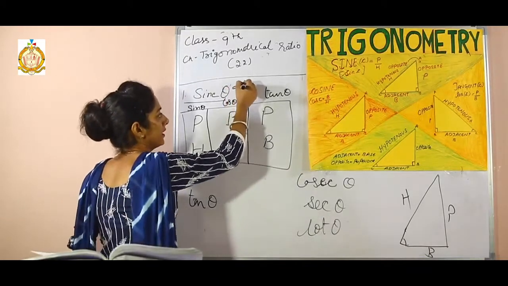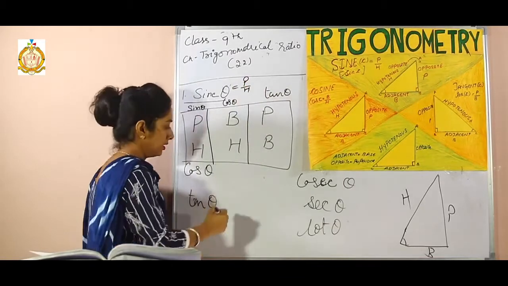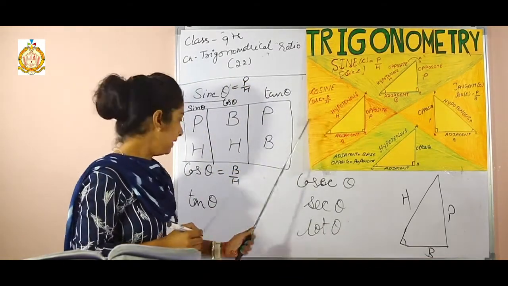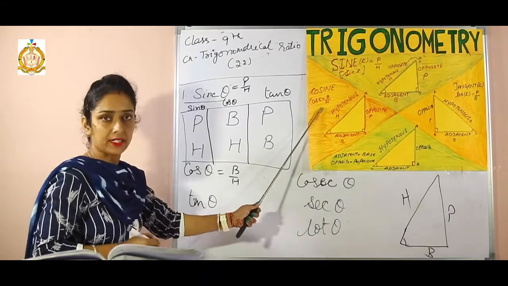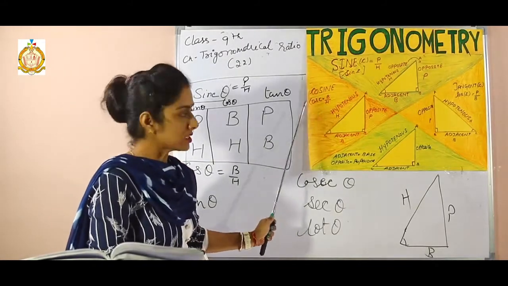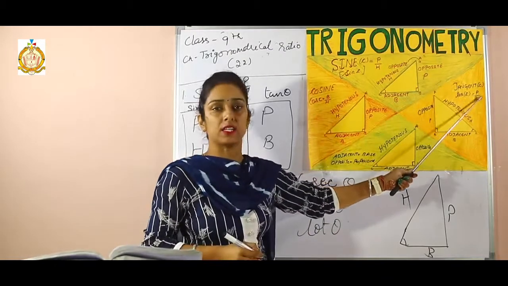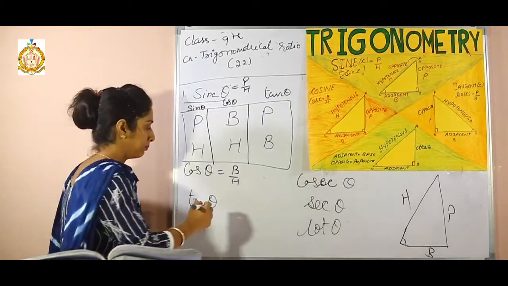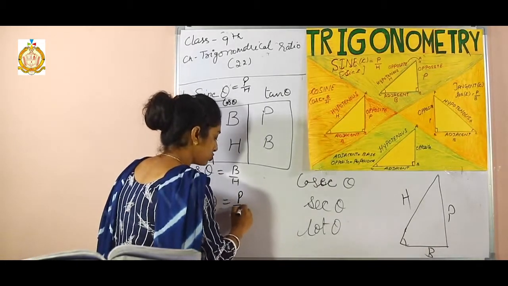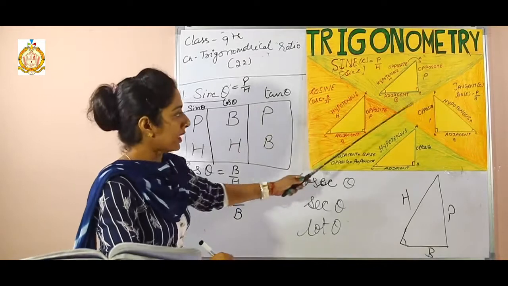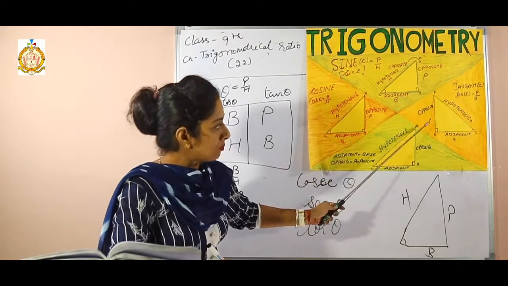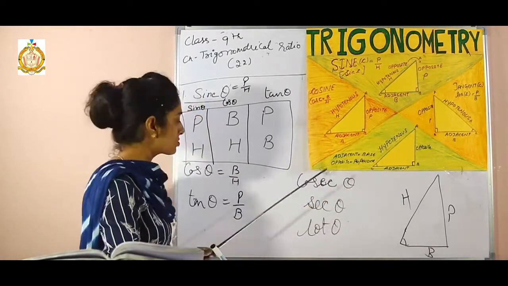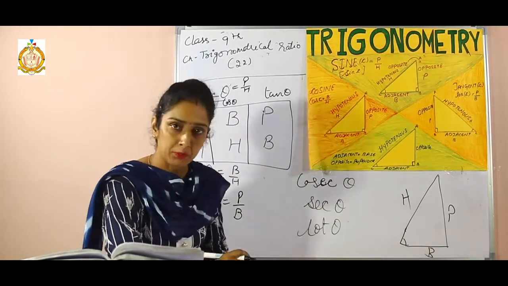So, you can write it as sin theta is P over H, cos theta is B over H. Okay, you can write cosine or cos theta, right? Now, tangent, that is tan theta, which is equal to P over B. So, tan theta is equal to P over B, right? Same as before, P is perpendicular and B is base. P stands for perpendicular, so tan theta is P over B.